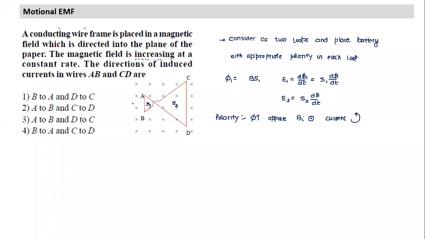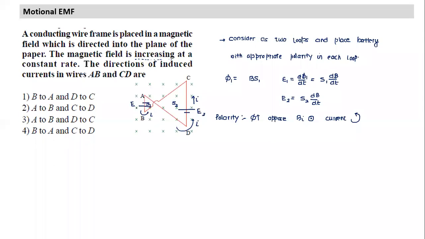So to make the current flow in this direction, what must be the polarity of the battery in the left loop? This has to be the polarity of E1. And in the right loop also the current has to go in this direction. So what is the polarity of the battery? If the current has to flow in this direction, this is the direction of induced current. This is the direction of current here also, and here. So the battery has to be posted accordingly. This is E2.